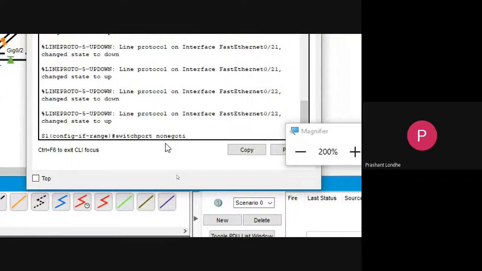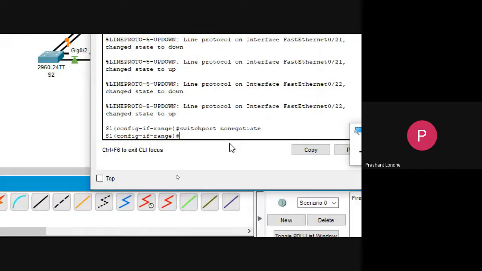Switchport nonegotiate. If you are not writing that particular command, that is also going to work, because we are going to implement EtherChannel after all those connections. So if you are not writing it, that is okay. If you are writing it, that is also okay. It is like shutting down all the ports and switching on only the ports that you require. Means I have 24 ports, and I'm going to work with only 2 ports, so I will configure those 2 ports only.